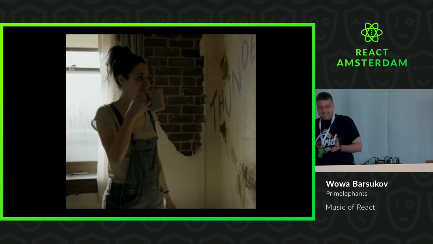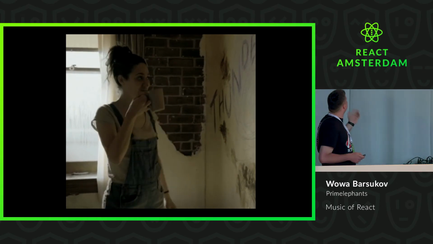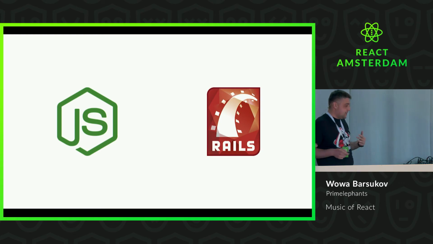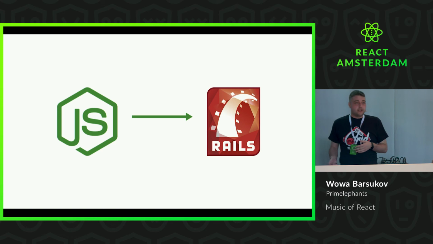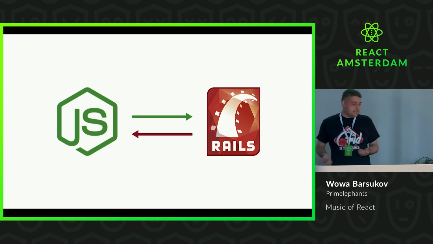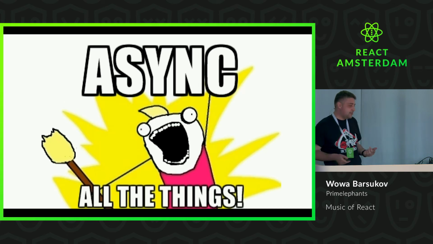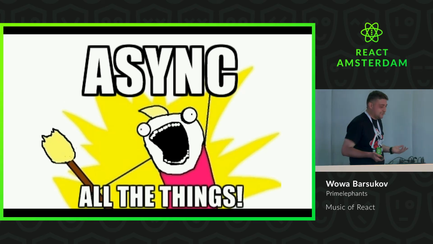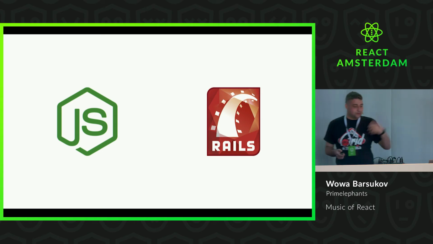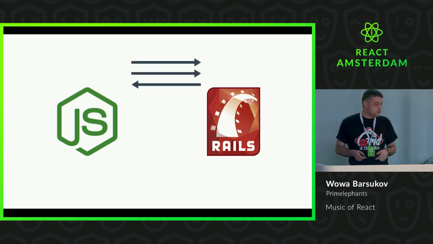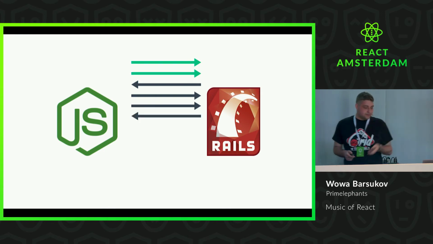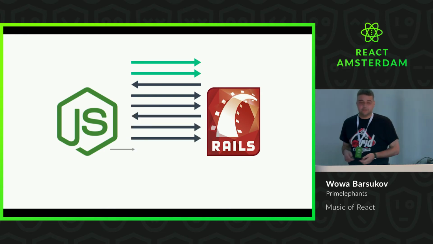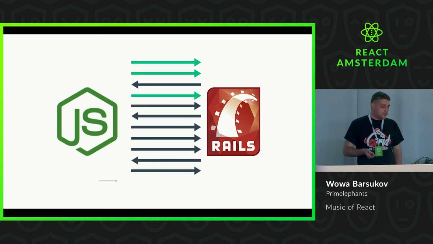But not exactly. The thing is that Node.js calls Rails, then Rails returns a response. But we are in Node.js land, and in Node.js land, we are syncing all the things. So the stuff happens like this: Node calls, Node calls, Node calls, Rails returns, Rails returns, Node calls, Rails returns. And at some point,